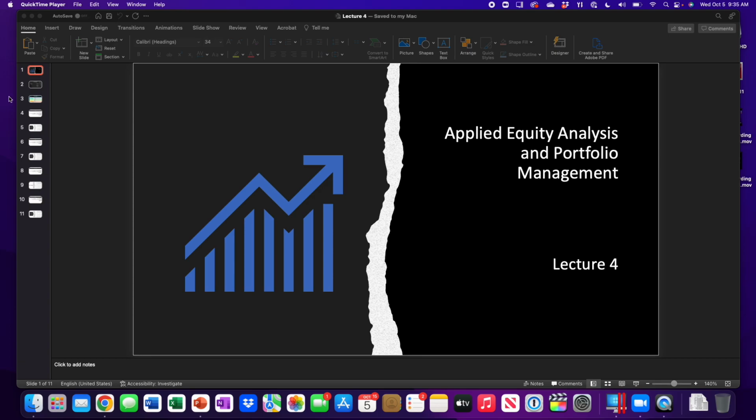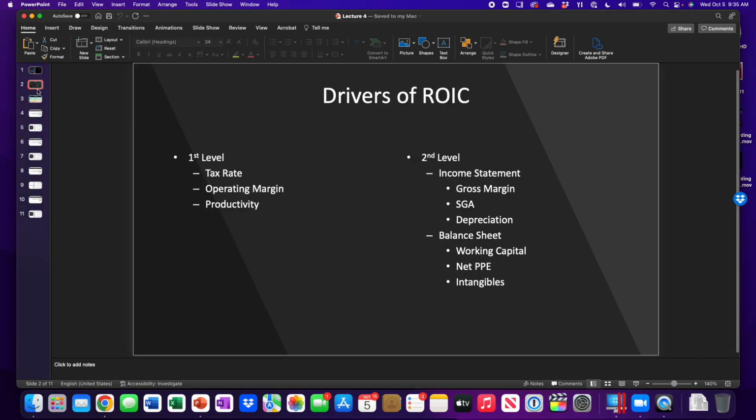So we're going to look at two statements. The first one is going to be the ROIC drivers. Now, in the next section of the class, we're going to get into valuation, and you're going to build a valuation model. So if you don't know Excel, trust me, you will by the end of this semester, but you'll be building an Excel-based valuation model tied to Bloomberg. It will take us a couple weeks to build the first model. It will take us 10 minutes, once we build the first model, to do another company. Okay? So one of the outputs of the valuation model is it will create an ROIC tree,